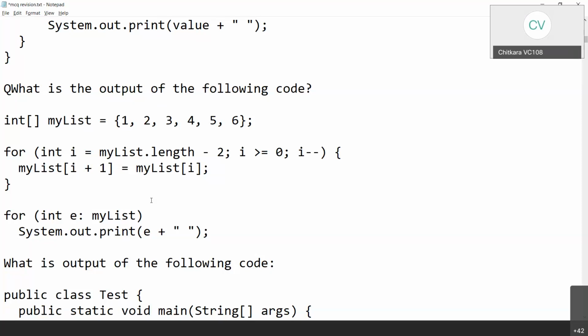Kindly pay attention. First of all, we are saying myList.length minus 2. So what is the length of it? It is 6. 6 minus 2 is 4. So we are starting from the fourth index position, and from the fourth we are going towards 0. And then I am saying myList[i + 1] is equal to myList[i].